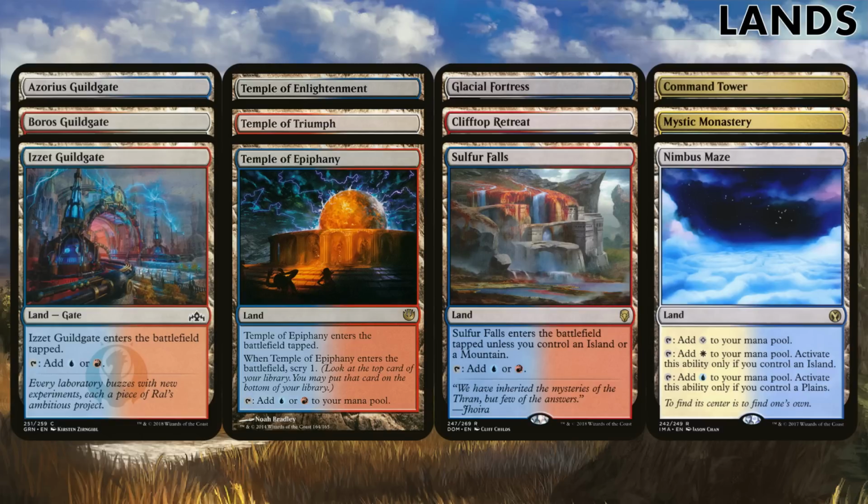So I've gone with the Guild Gates, nice and cheap. I went with my Temples because that scry mechanic is really handy to have. And the Temples come in pretty cheap at less than $2 each. I run the Buddy Lands. With the recent printings in Ixalan and Dominaria, they're not too bad right now. Actually, you can get them for